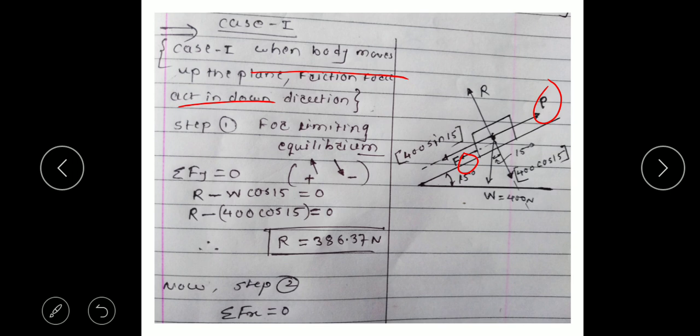Now the second thing: this body has a certain mass, so W shows the weight of the body, and that acts in a downward direction. Then, when the mass is placed on the inclined plane, a reaction force R is generated, and that reaction force is always perpendicular to the inclined plane, always remember. So we have W, R, and the other forces.